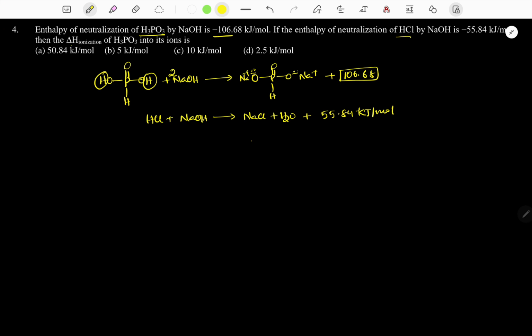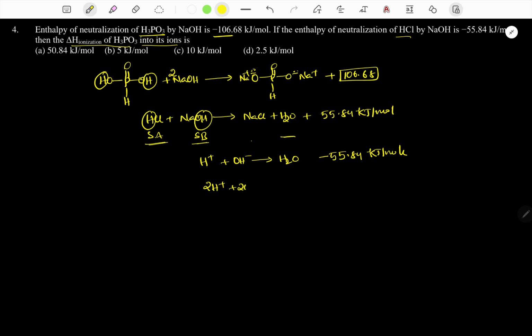Now what is the delta H ionization of H3PO3 into its ions? We know that 1 H plus and 1 OH minus, it is a strong acid, it is a strong base. 1 mole of H plus and 1 mole of OH minus gives 1 mole of water, so it releases minus 55.84 kilojoule per mole energy. Suppose 2 moles of H plus and 2 moles of OH minus are involved to produce 2 moles of water. So the energy should be minus 2 into